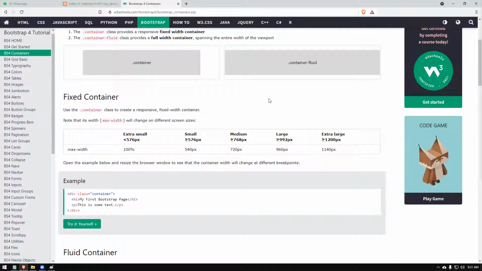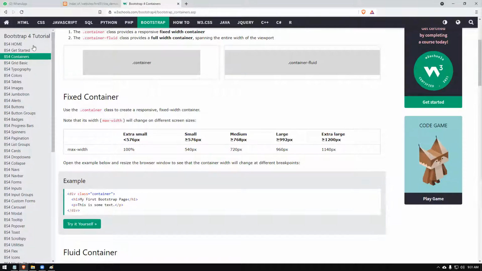So I just showed you children the resources where you can learn about Bootstrap further. That is why I just showed you this tutorial for you. Now let's go to the official website of Bootstrap and we will get it downloaded and get started, right?